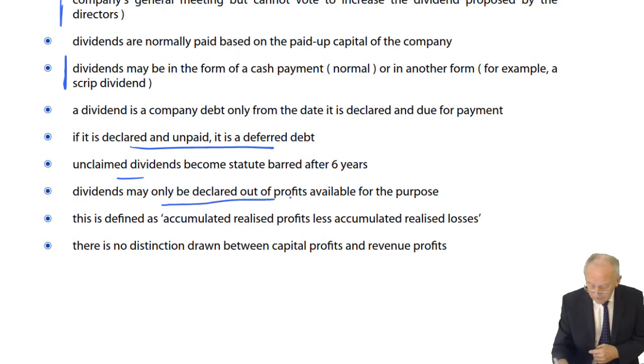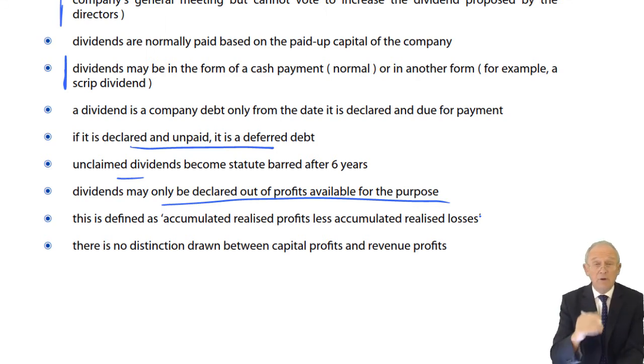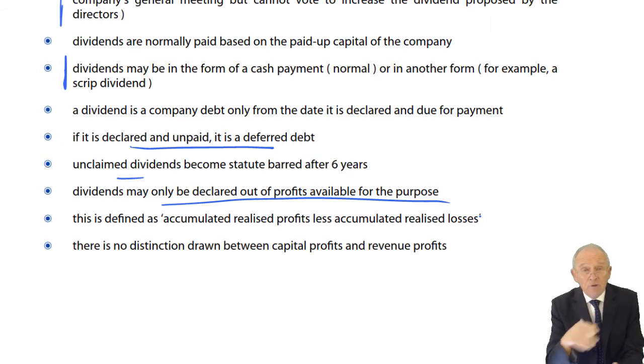Dividends can only be declared out of profits available for the purpose. This is a short form definition, which is all you'll need: accumulated realized profits less accumulated realized losses. There it is. And no distinction is drawn between capital profits and revenue profits. So if we don't have any profits